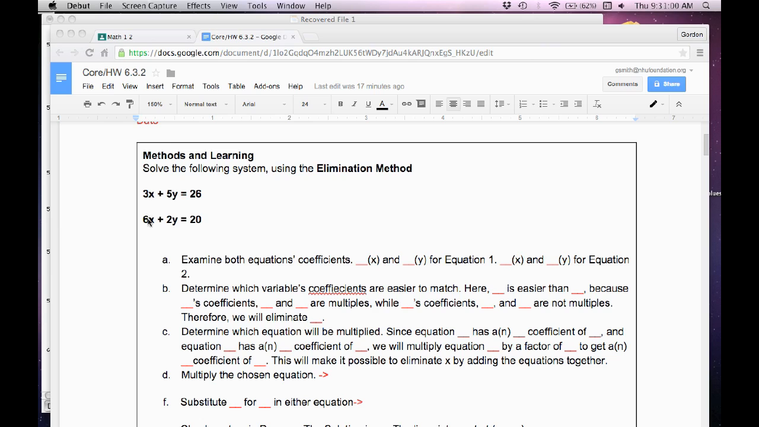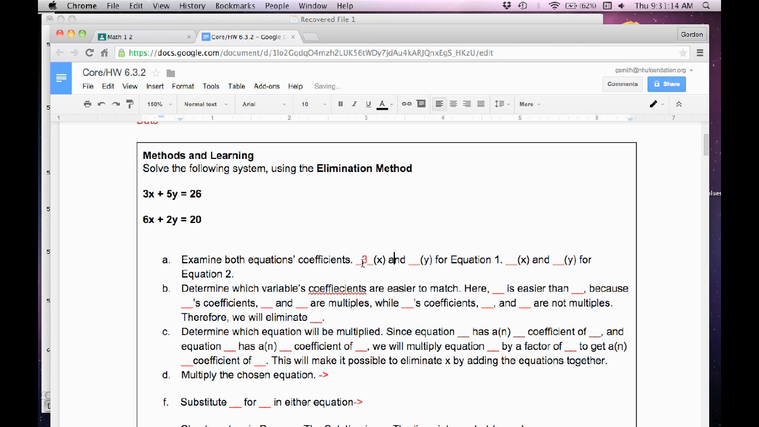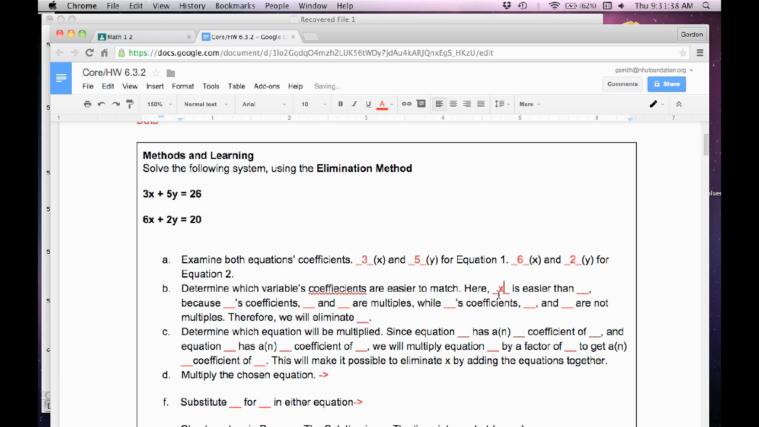And what I notice is that 3 and 6 match a lot better than 2 and 5 because 3 goes into 6 but 2 doesn't go into 5. Anyway, we're going to examine both equations' coefficients. So in equation 1, we have 3x and 5y, and in equation 2, we have 6x and 2y. Determine which variables' coefficients are easier to match. I think that the x's are easier than the y's because 3 goes into 6 and 2 does not go into 5. So here, x is easier